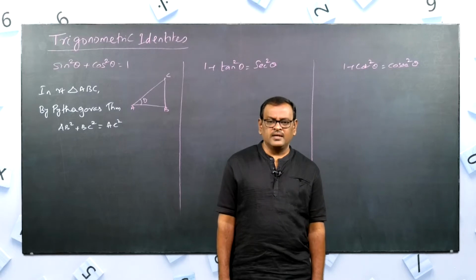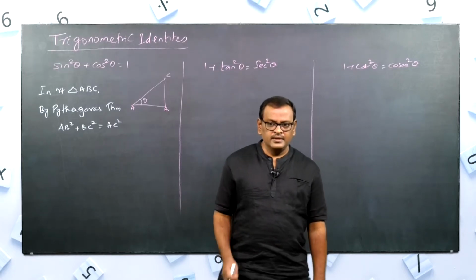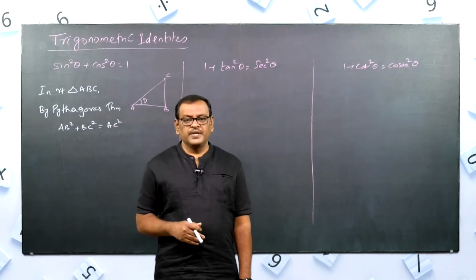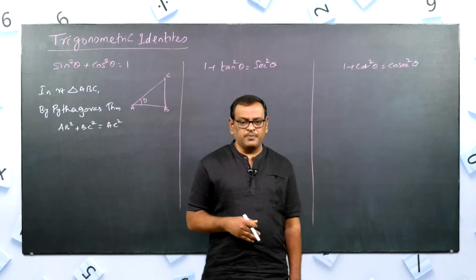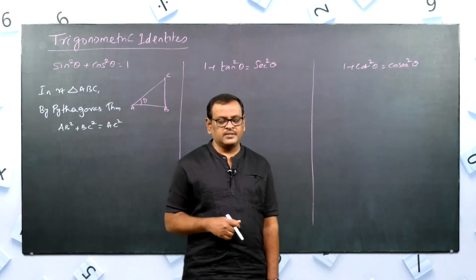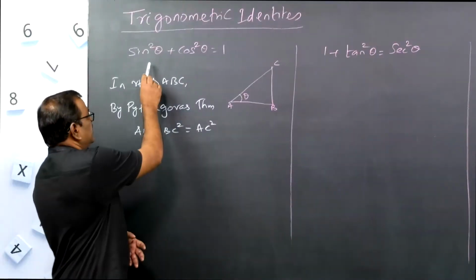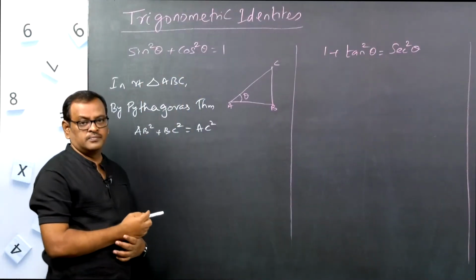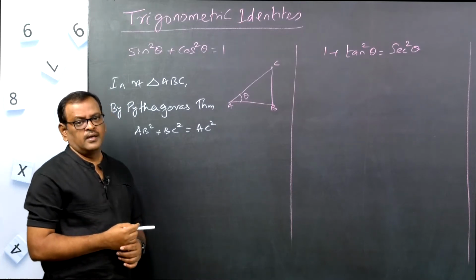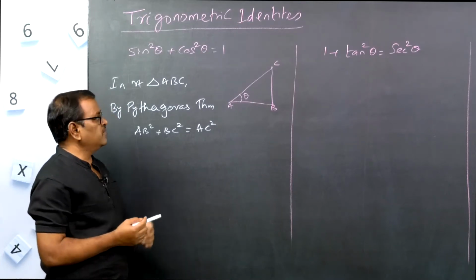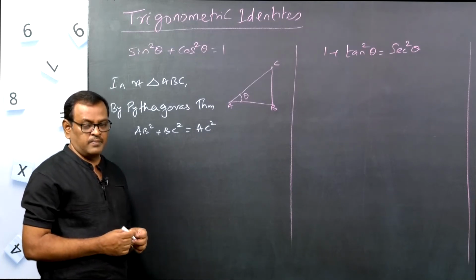These identities are very useful for proving trigonometric identity sums. Also they will be useful for the basic proof of all trigonometric expressions. First I will prove this identity, sin square theta plus cos square theta equal to 1. Proofs of these identities are very important from the examination point of view. If you are strong in this proof, you can easily solve any identity related problems.